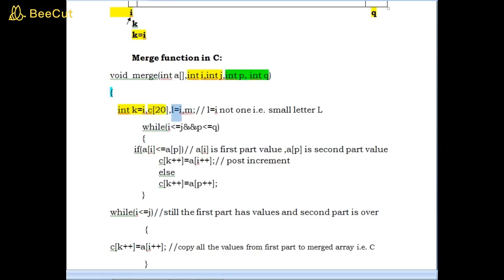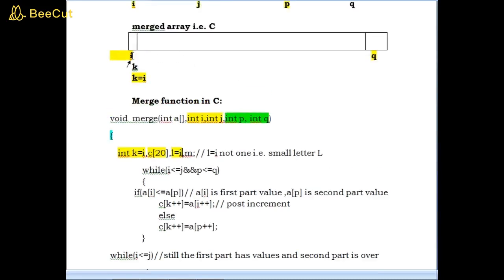l equal to i. Again the starting index of the merge operation, that is i, is stored in another variable called l. The same i is used for identifying the starting index of the merged array, that is k equal to i. Don't forget this one. The same i is stored in one more variable called l.